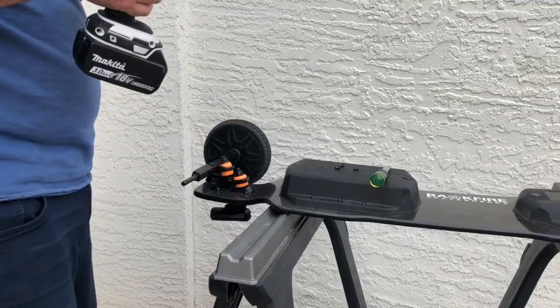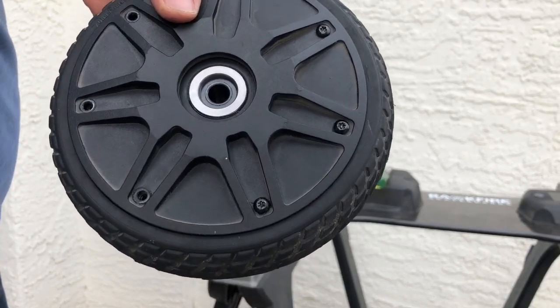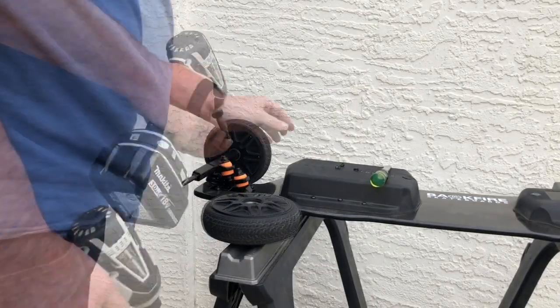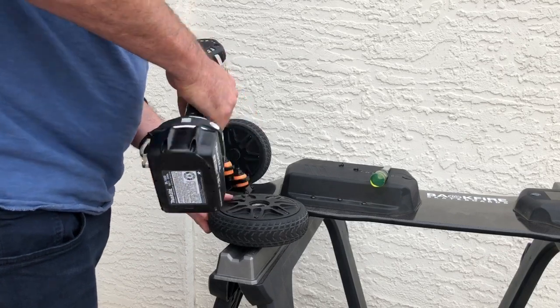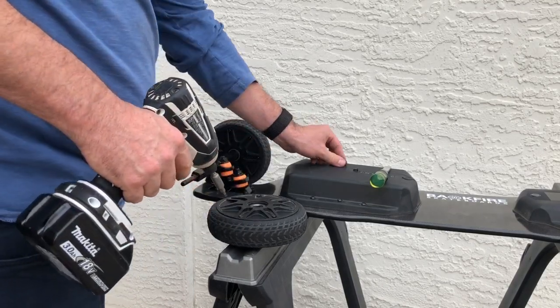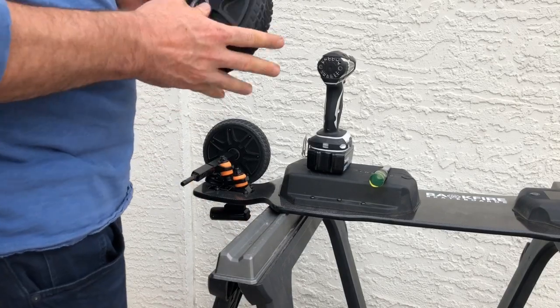So you can see this one right here, that's only after tightening it and loosening it twice. It's already getting pretty close, so you just really want to go slow and take your time. There was the pop that I was talking about. It's just the wheel cover getting inside of the rubber tire. Okay, now that we've got the wheel reassembled,